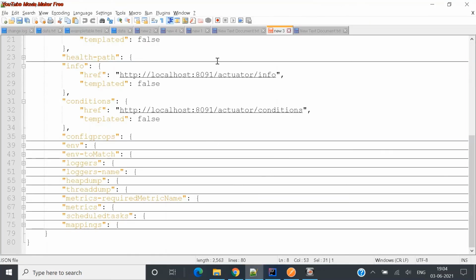Another endpoint is health. You can just check this health. It shows up because I'm running the application now. It is up now. If you configured any databases or any third-party servers and everything, all the information will be shown here. Currently, I don't have any database setup or anything used by this application, so it is just showing as up. So these are some of the basic ones I am showing you guys here.